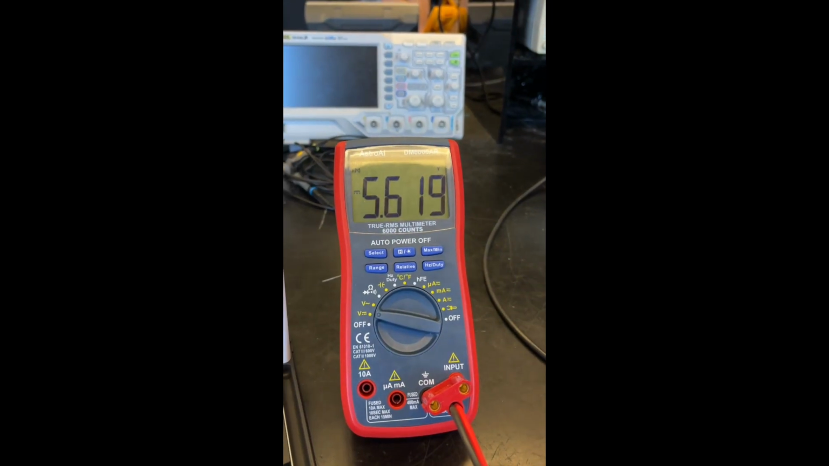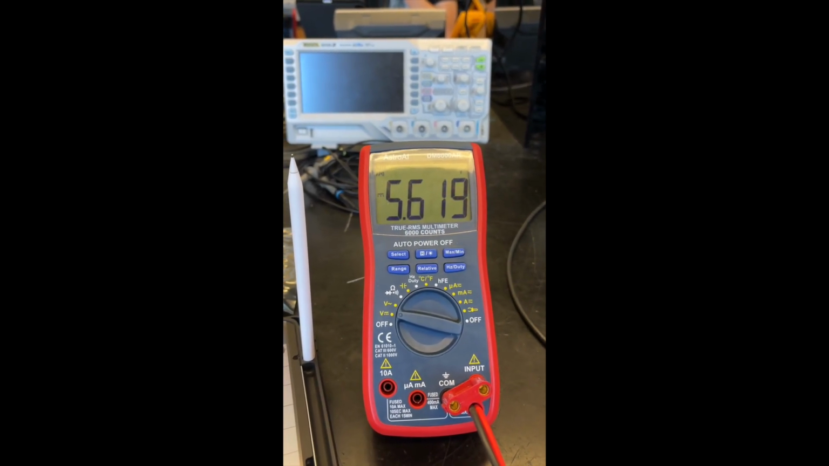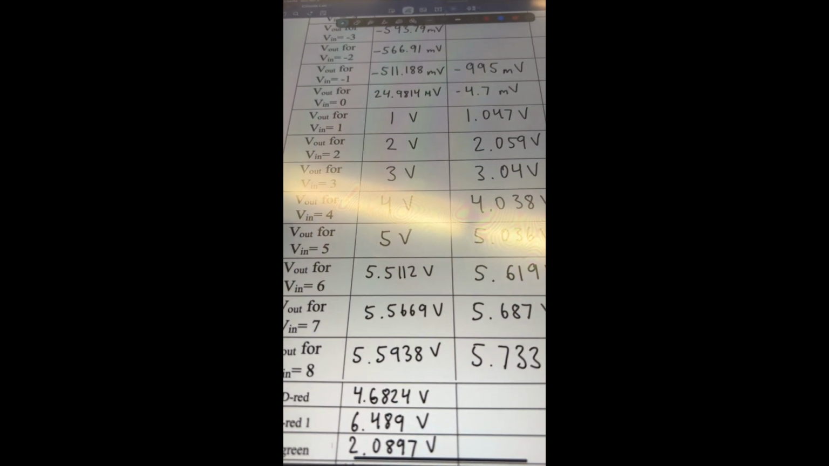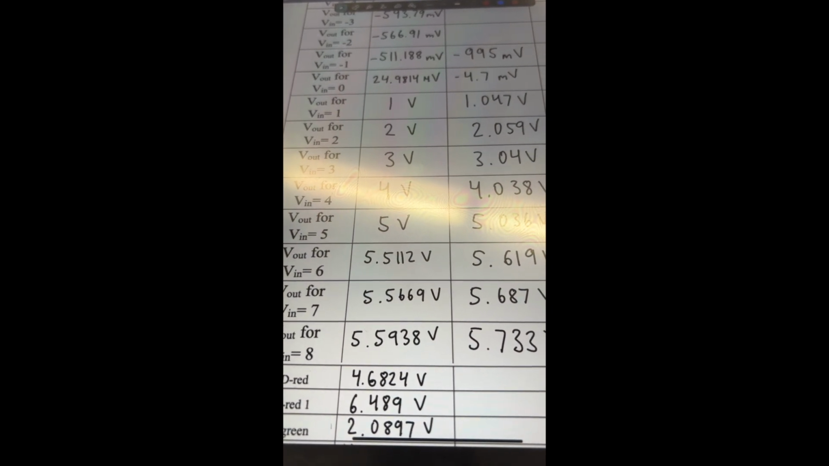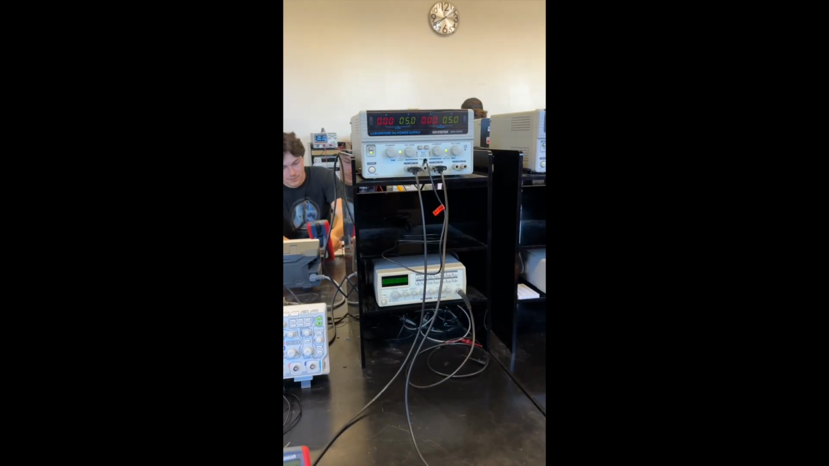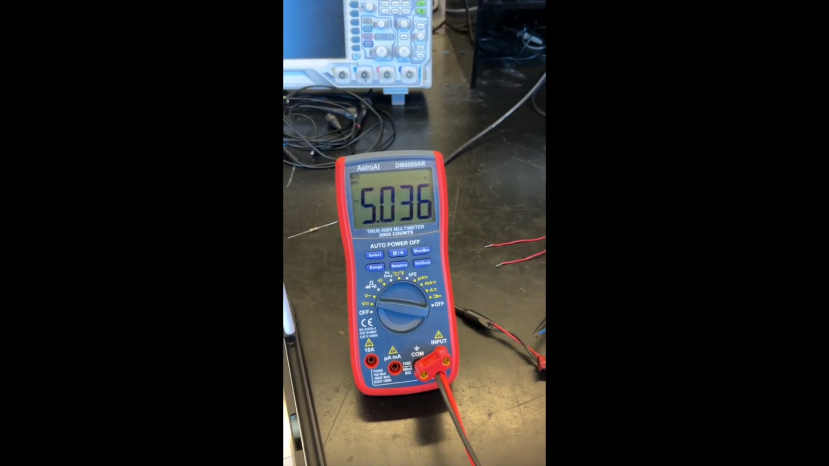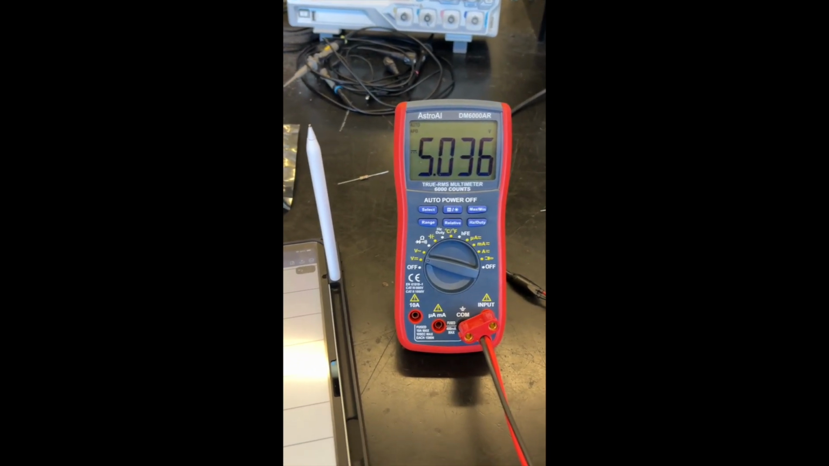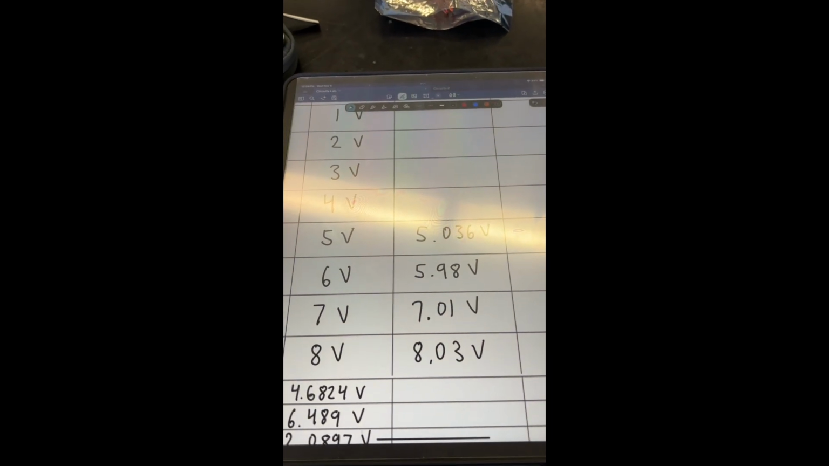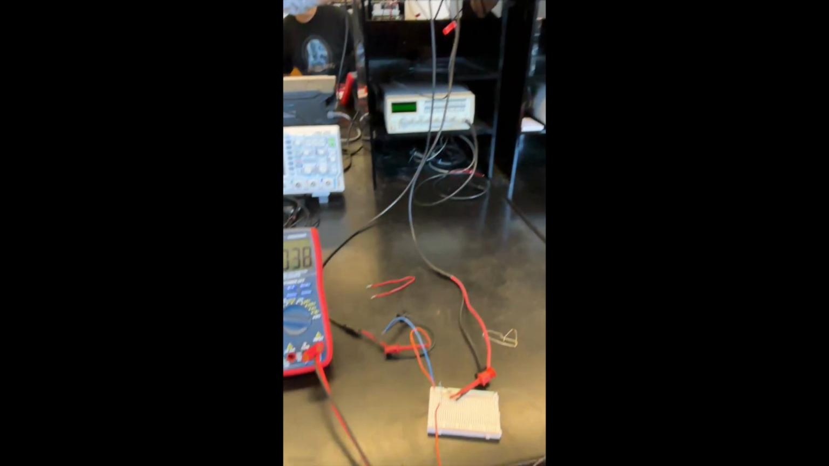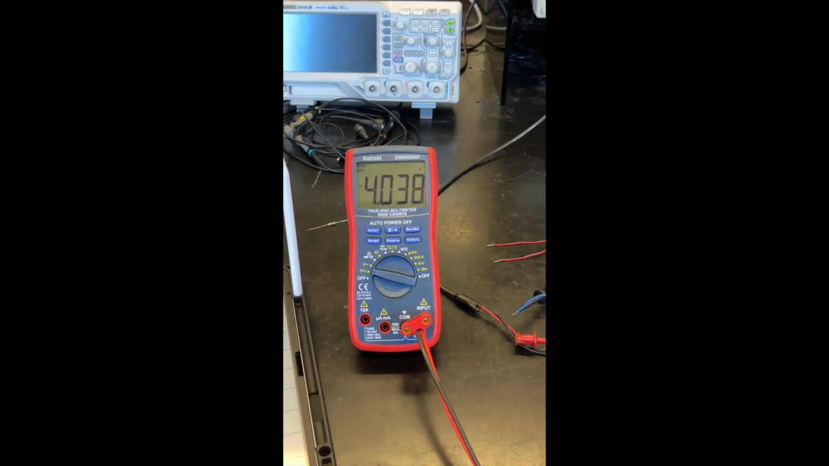I'm getting a Vout measurement of 5.619 volts, and my simulation gave me a voltage out of 5.5112 volts. For a 5 volt Vin to my circuit, I get a Vout of 5.036, and I calculated it to be 5 volts. For a Vin of 4 volts to my circuit, I'm reading a Vout of